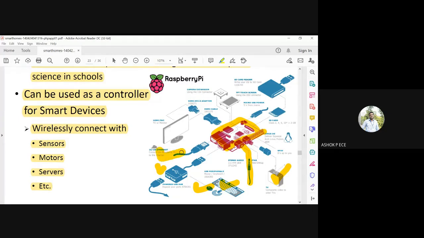You have an Ethernet connectivity option. Then you have an HDMI connection, from which you can convert HDMI to DVI and connect your TV or monitor. Using the CSI connector you can add a camera. You can have an LCD display and an SD card reader. You can have a micro USB 5-volt power supply from mains. You can have a Linux OS using Fedora, and you can connect general purpose input output to your processor.